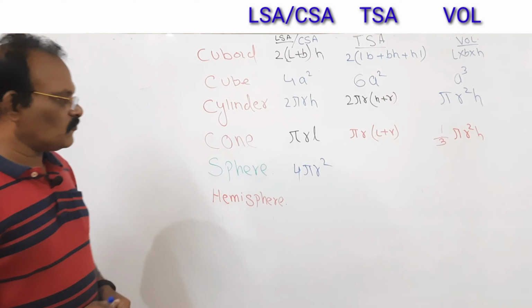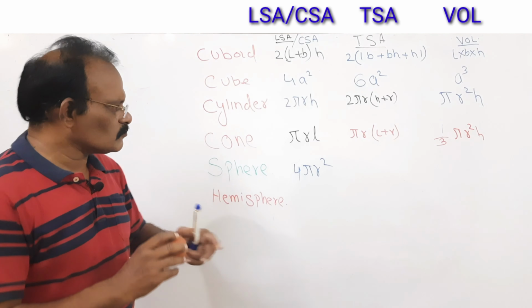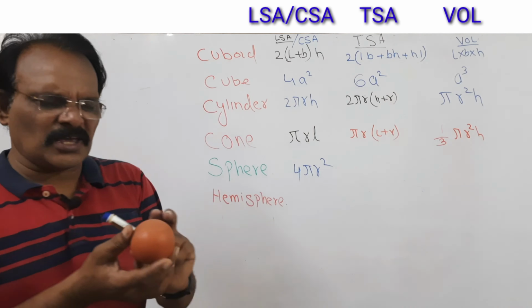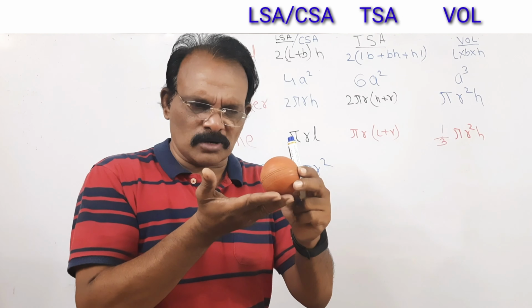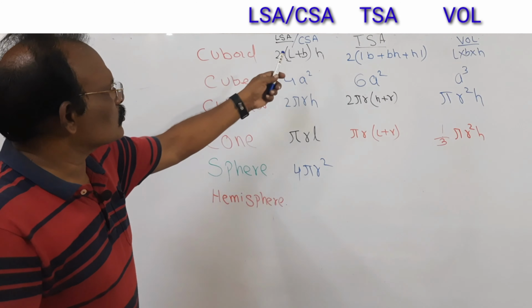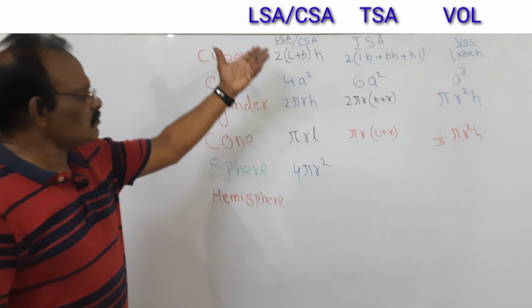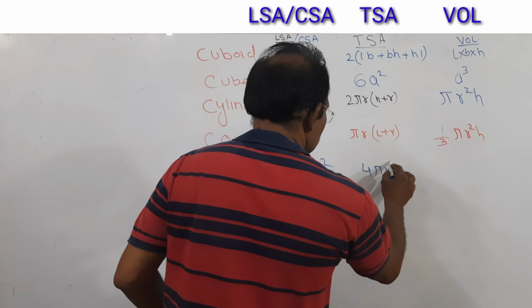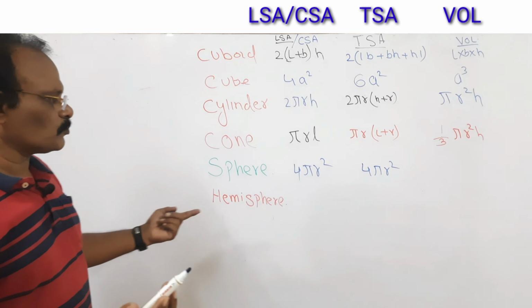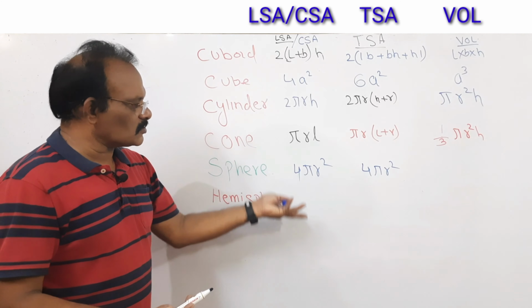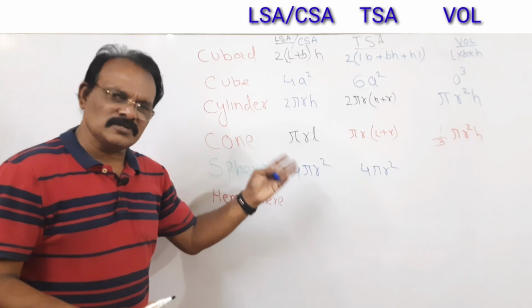Now curved surface area is what we look at outside. But total surface area is also same as curved surface area. There are no different parts here on the outside, isn't it? The upper portion, the lower portion, the side portions all look same. So there is no differentiation between curved surface area and total surface area. Both are same. Means here, if it is asked what is the total surface area, what is the curved surface area, both are answered same.